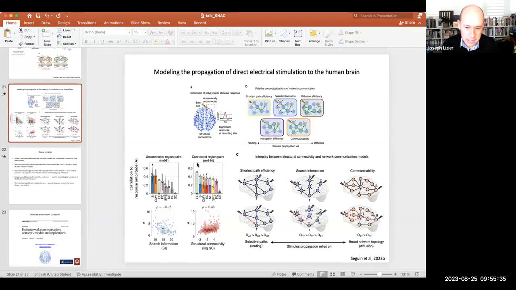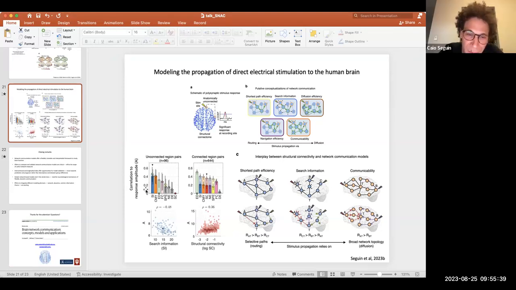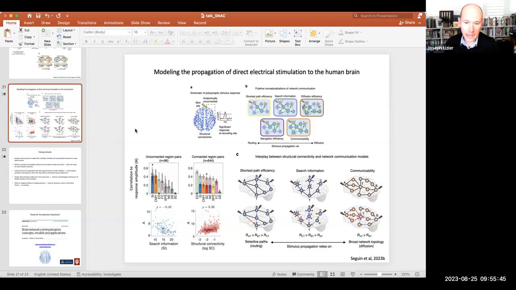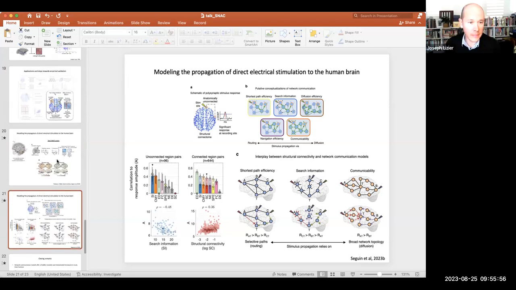So what are we looking at here? So this is the correlation with the pulse amplitude, and here we have the different measures that we tried. Yeah, that's right. So this is looking at how well these different measures predict the pulse amplitude after you inject the pulse. That's right.